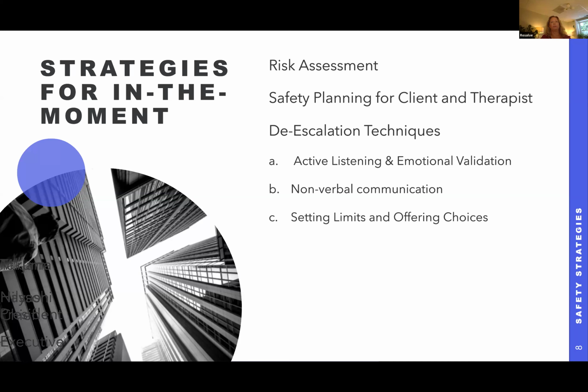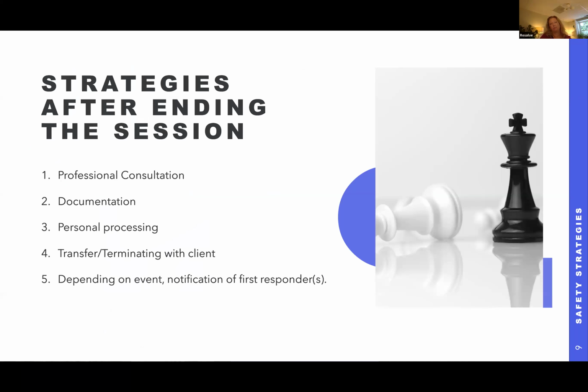So what do you do after session, right? You get through that session and you think, oh my goodness, that felt not so great. What am I going to do with that? These are the different things that you can then do after ending the session. A is professional consultation. As I mentioned several times, this is hopefully ingrained in your head at some point, if not already,